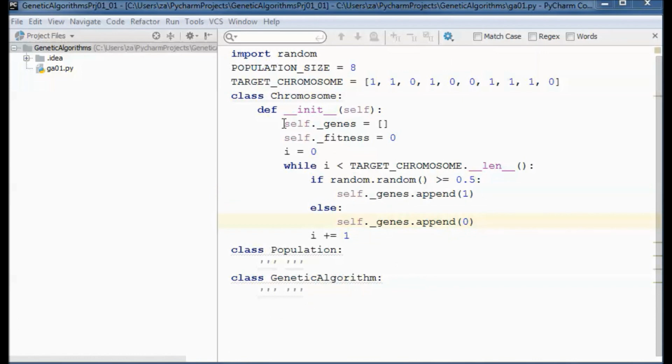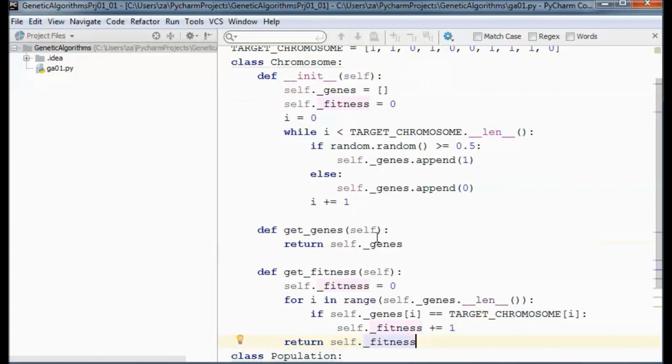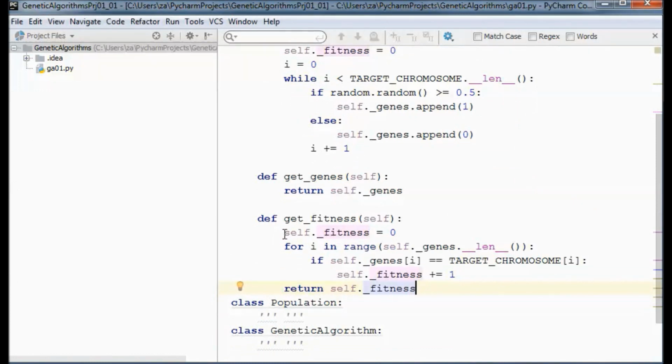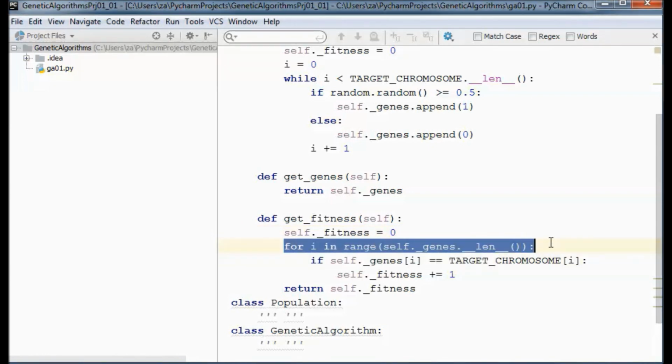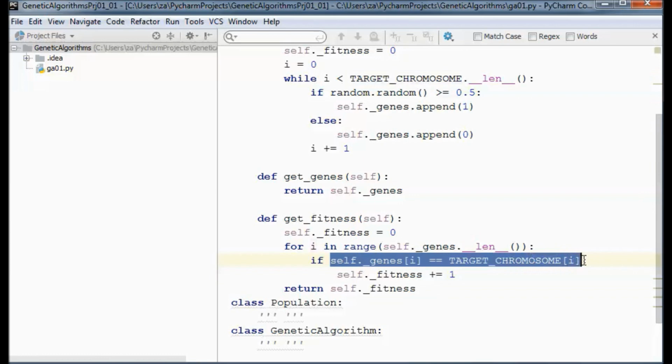And I need a get method for the genes and for the fitness. Now in get fitness, I will initialize the fitness to 0, and then do a for loop on all genes in the genes array, and I will add 1 to the fitness if the gene is the same as the one in the target chromosome.